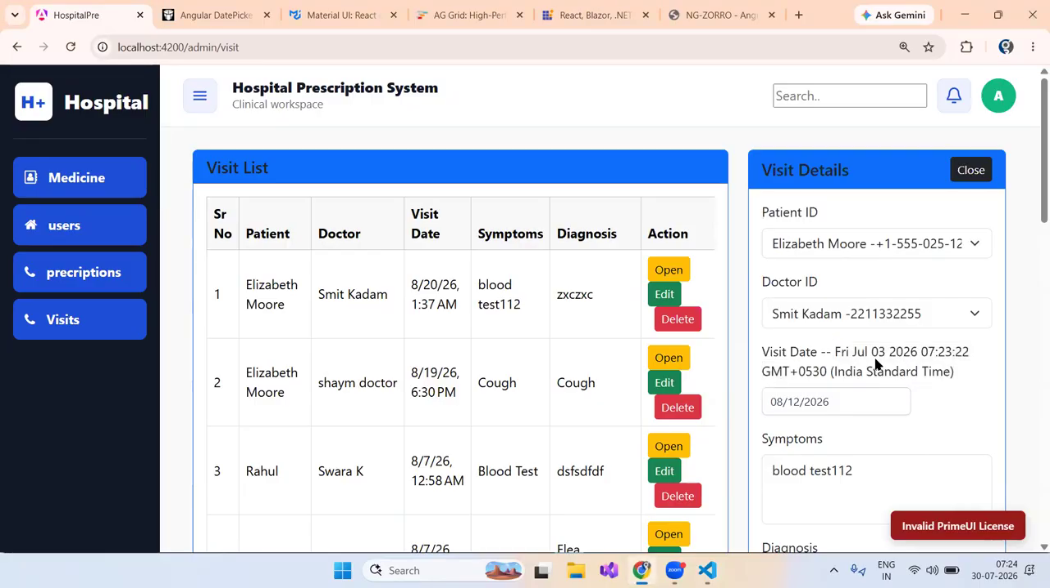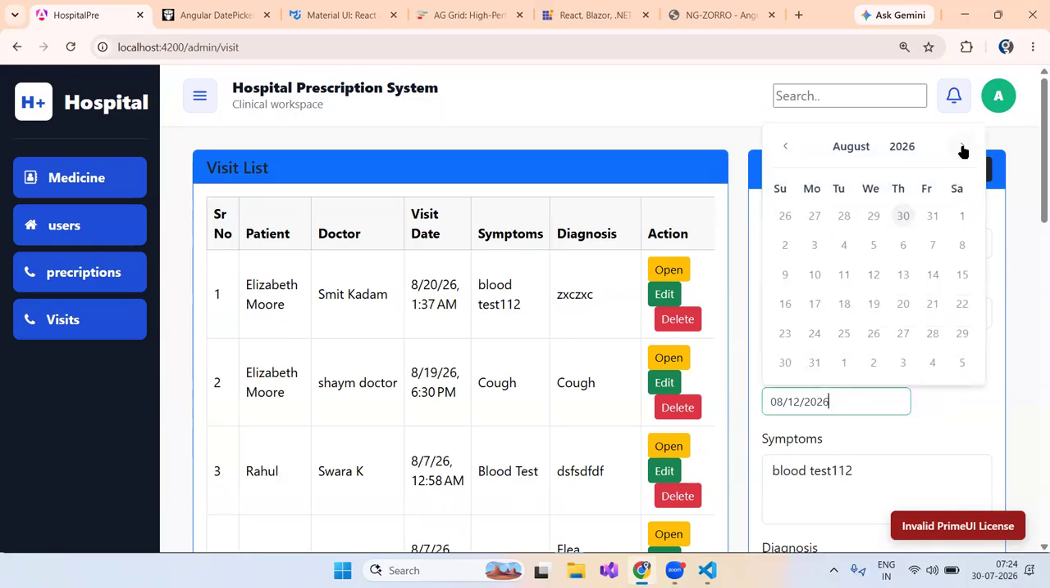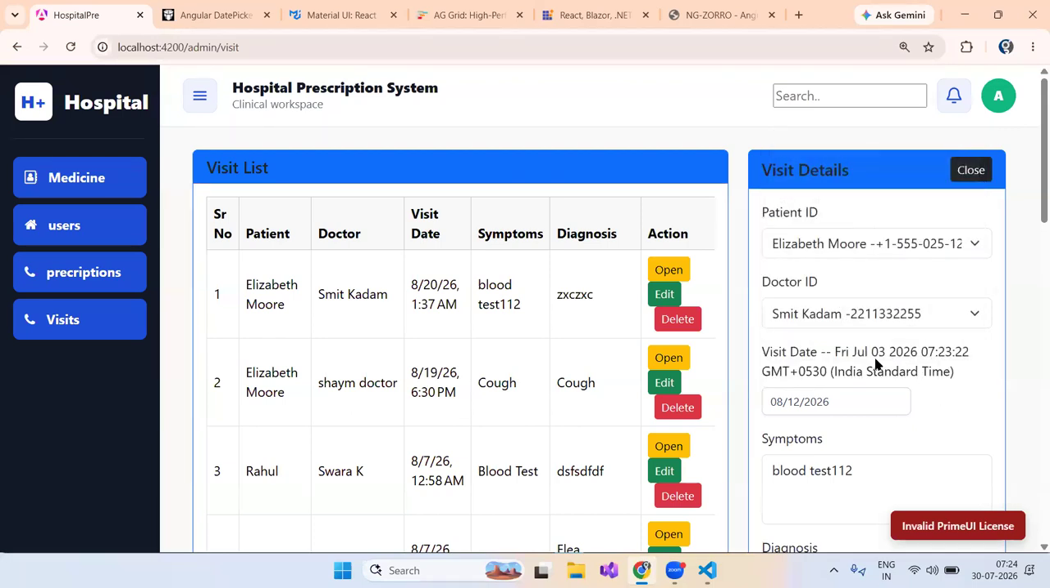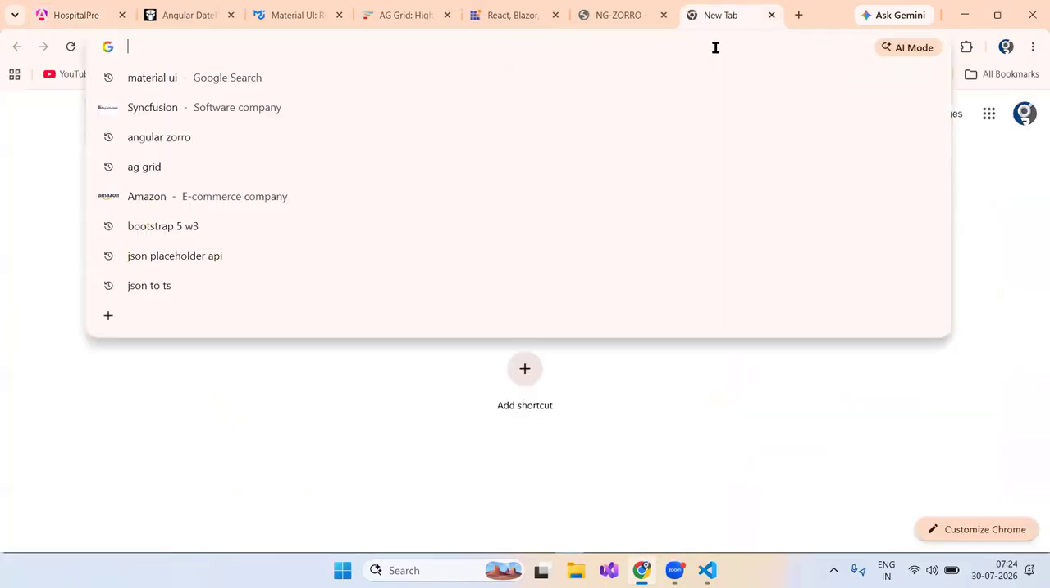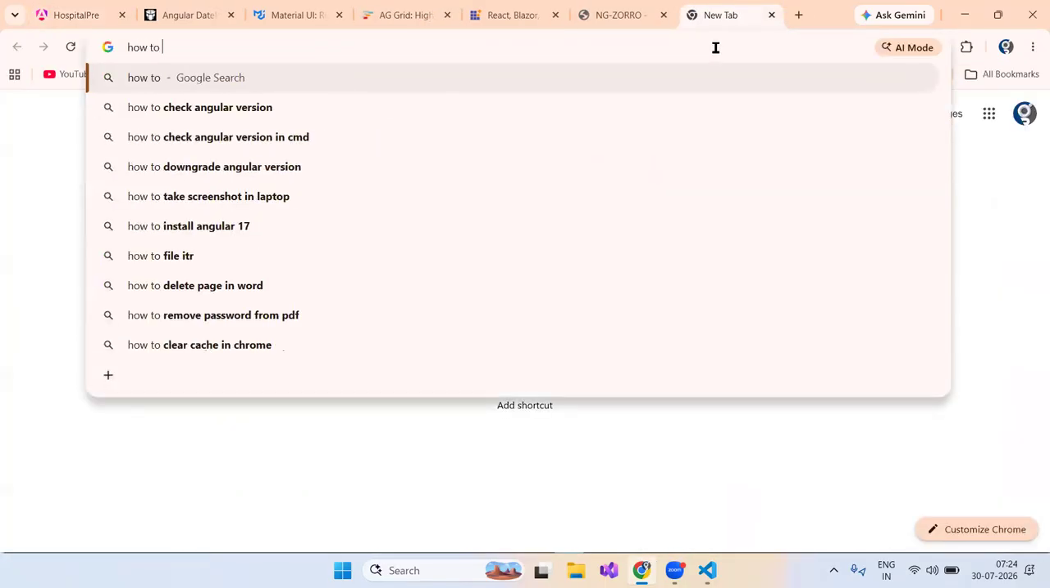The date is also looking fine. Friday, 10 July, time and the date time. Why is it coming? Wait, no. It should be August, no? It is showing July. That's why it is not working. Let's Google it. Our date is not correct. About to add the days